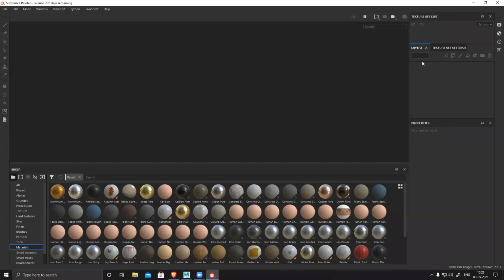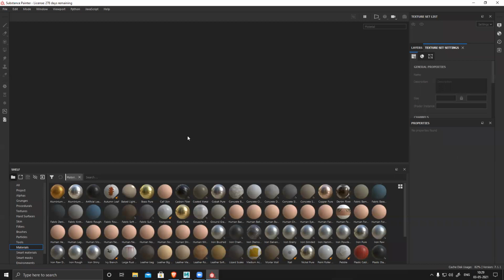Then you have layers, same as Photoshop. Texture settings, the properties of this texture: basically texture size, what parameters you're using, what baked maps you have, and all those information. And properties are basically whatever you have selected. And on the left side you have brush, eraser, projection, paint, stamp tool, all those options.